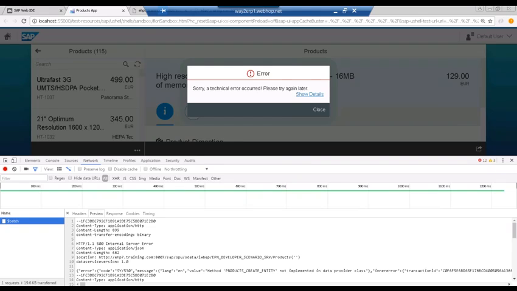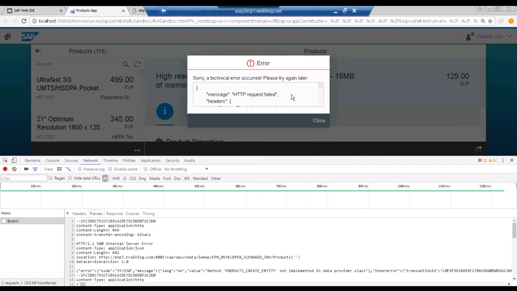There's an error, of course. We know the create entity set method is not implemented. That's why you're getting an error now. So let me just scroll down. You see the error says create entity not implemented, but it has actually sent a post request to the